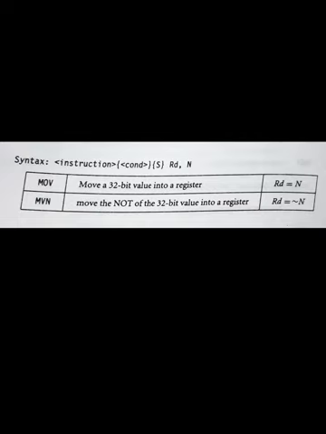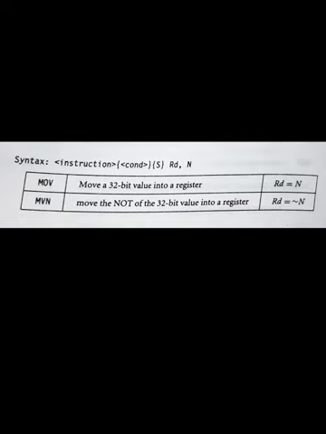ARM data processing instructions enable the programmer to perform arithmetic and logical operations on the data values in the registers. All other instructions just move data around and control the sequence of program execution. So the data processing instructions are the only instructions which modify the data values. These instructions typically require two operands and produce a single result, though there are exceptions to both these rules.